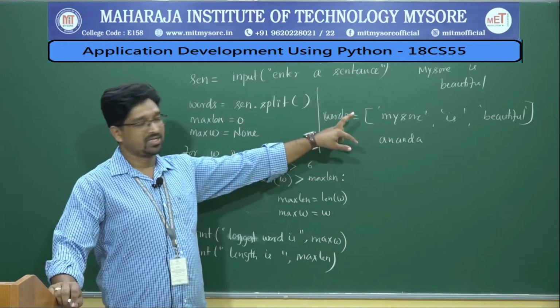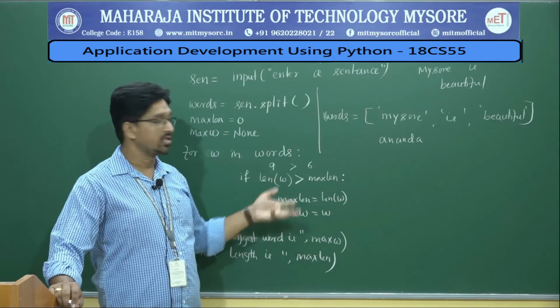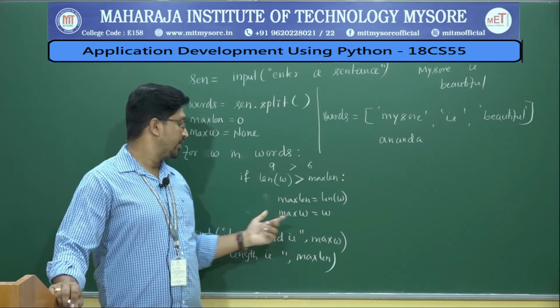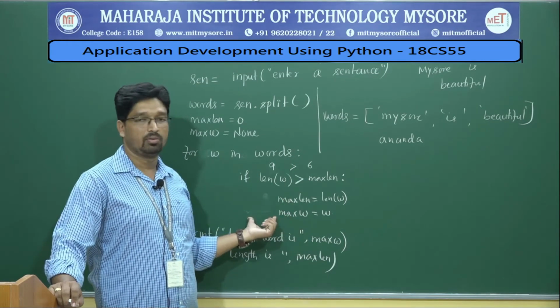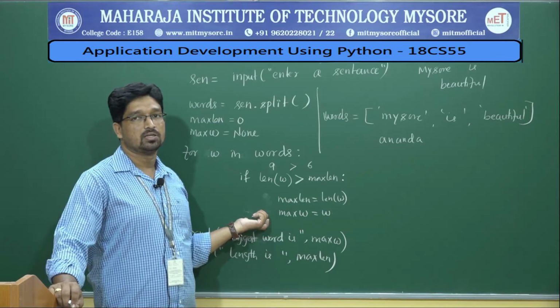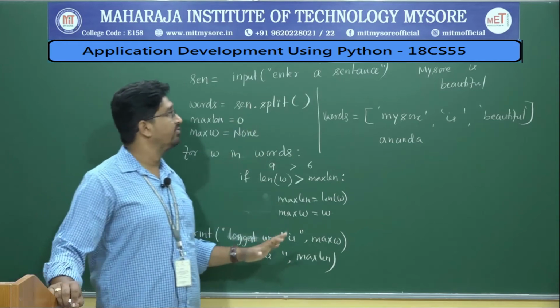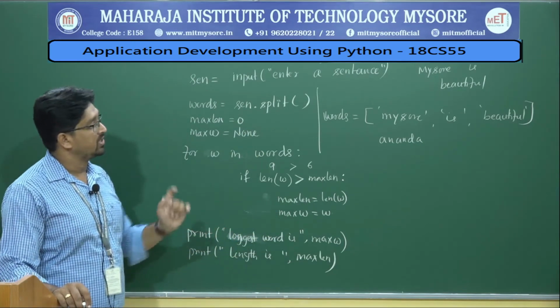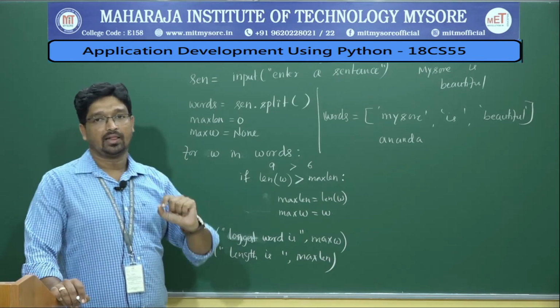If you want such a case, again you need to rewrite the program. You need to do some modification. If the length is equal, then you need to store even that particular word with one more variable. So that is how it happens. Okay, so you need to modify that. But this is enough. This is how you find the maximum length word in the sentence and what is the length.